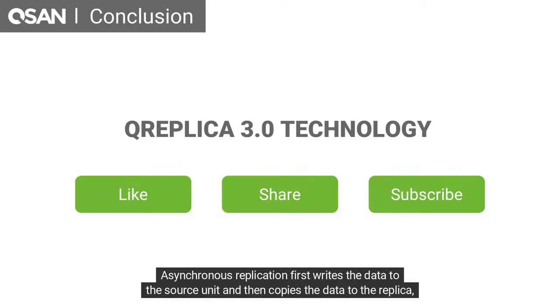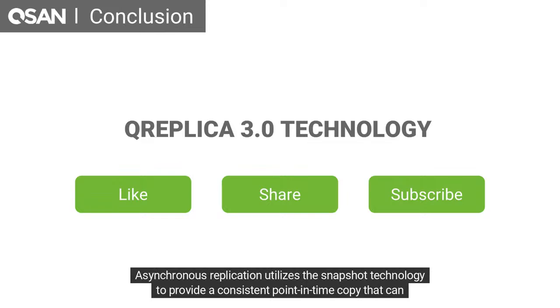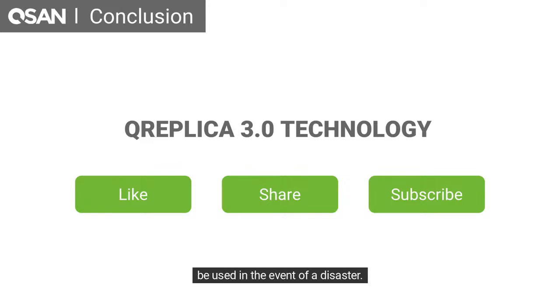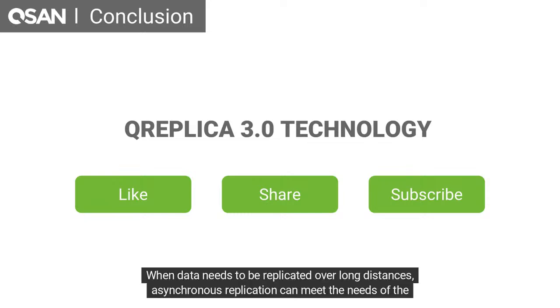Asynchronous replication first writes the data to the source unit and then copies the data to the replica, so there will be a certain delay in copying the data to the target unit. Asynchronous replication utilizes snapshot technology to provide a consistent point-in-time copy that can be used in the event of a disaster. When using asynchronous replication, there will be no impact on host I/O because data will not be replicated when it enters the system. When data needs to be replicated over long distances, asynchronous replication can meet the needs of